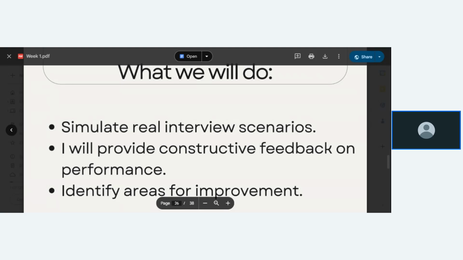Remember, for this question, I said you start with your past. That's the formula I gave. Start with your past, your present, and your future. Your past is your past role related to the role you're applying for. Your present is, of course, the role you're applying for, and your future is what you have to give in the role you are applying for.